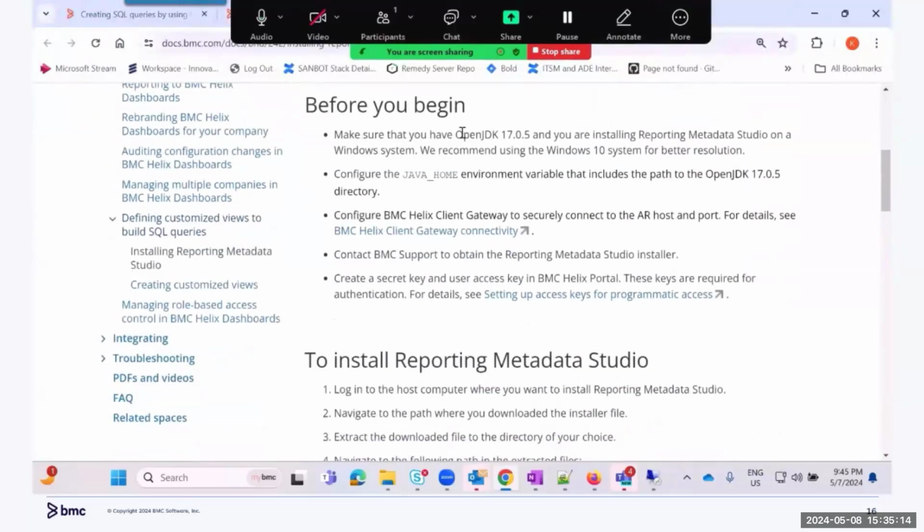These are listed, like what version of JDK you need to have, then Java home needs to be set, etc. Then you need to have gateway connectivity, etc. So you can follow these instructions given in the documentation. Once you are done with unzipping the Metadata Studio,